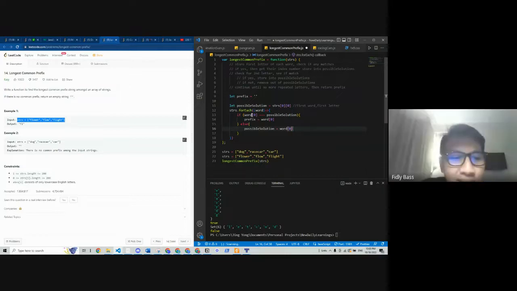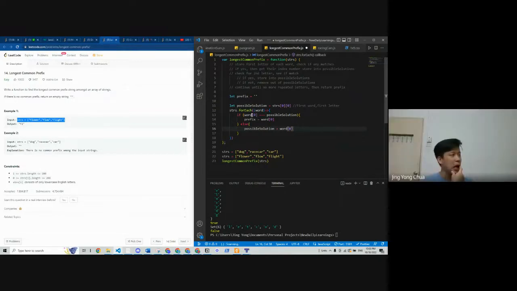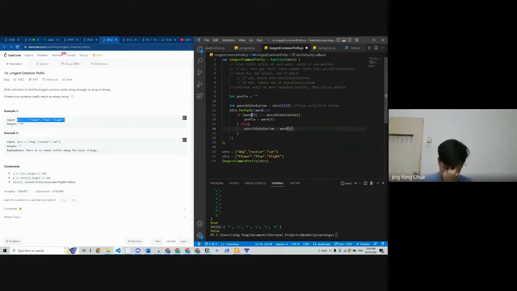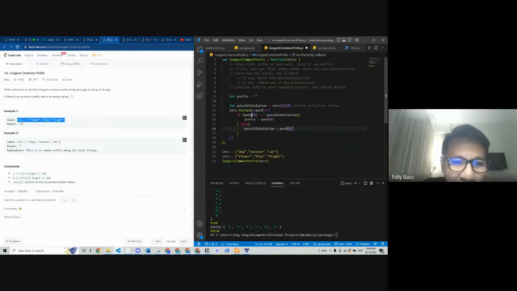I Googled. Hmm. They use a nested loop, for in a for. But I think it's still complicated.